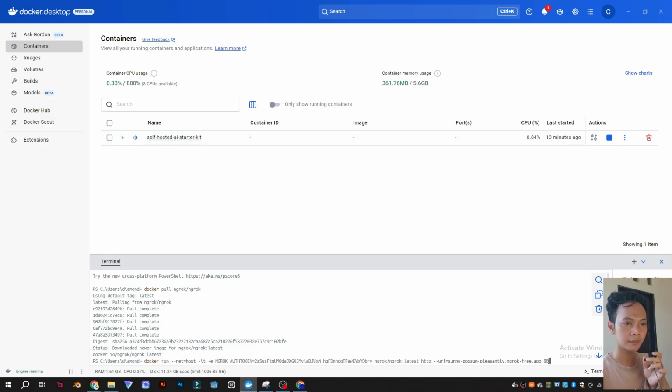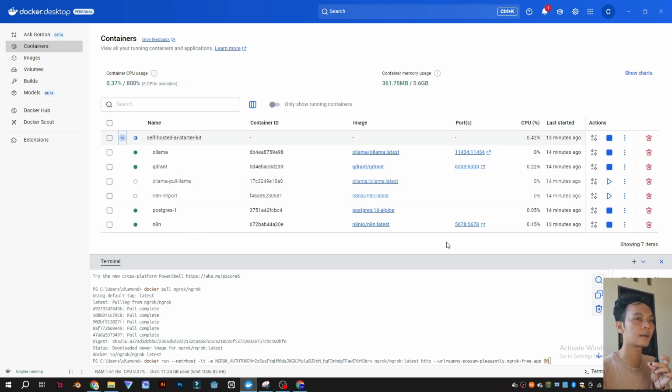If you see there is 80, you can remove it and change it to the n8n host port. This is the port you can expose to the internet. So delete this and change to 5678. Then enter.